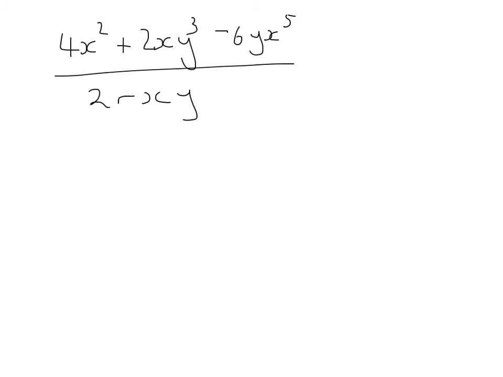In this final example, we now have a trinomial. On top, we've got 3 terms, and we still only have 1 term on the bottom, so we have a monomial on the bottom. As before, start with the numbers. 4, 2, 6, and 2. Each of those will divide by 2, that's the biggest number that will go into each of them. So we're going to have